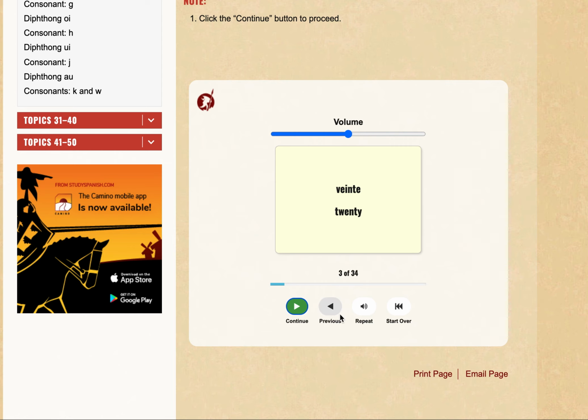Veinte, veinte. So it looks like we're doing numbers now. So we did 6, now we're doing 20. So it says 20, 30,